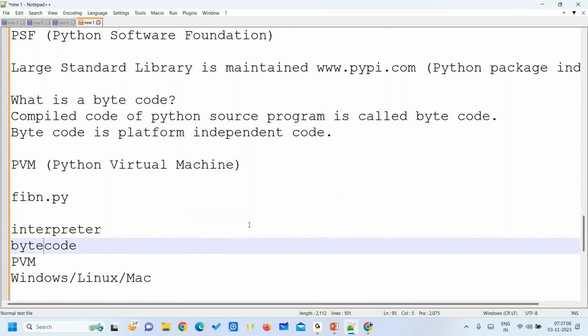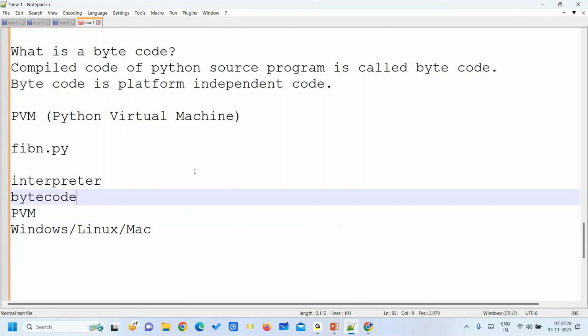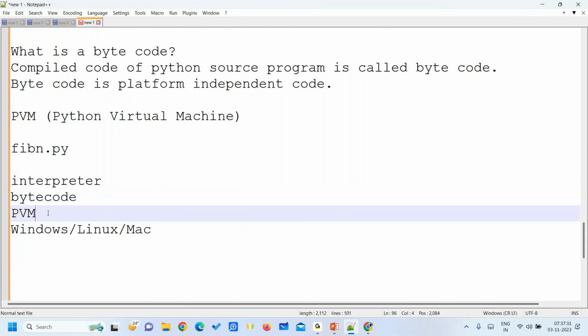Internally, the virtual machine is the base of the Python language. Okay, and that's why this is becoming a more popular language. Earlier, all the other languages didn't have any such kind of PVMs or virtual machines. It was only provided by Java, then Python. Okay,